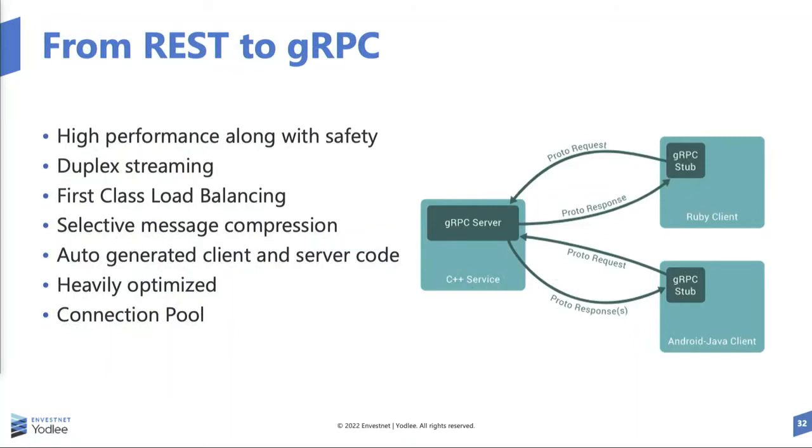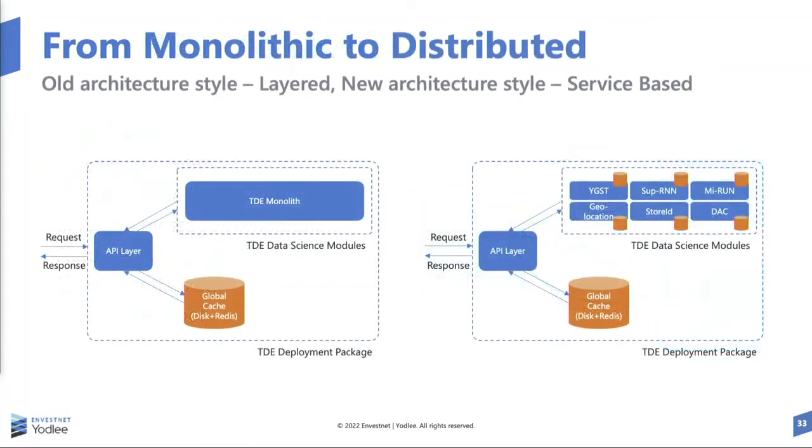This has definitely helped us with the efficiency. This is a thing that the team learned and has done very well with. We also went from what we call a monolithic to a distributed architecture. This was, again, a huge learning for us, right? When we initially wrote it, we had all this as one big monolithic black box with all those models embedded. Now, on the right side, these are different modules, and each module does one very specific thing, right? This really helps us now, because if something goes wrong, it's easier to find, and if you want to react fast, you can react very fast. This is a learning over the time period that we have done.